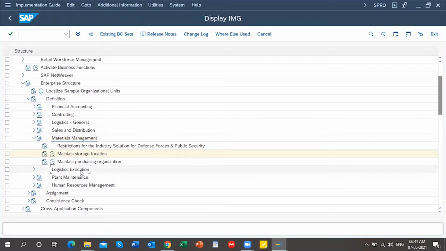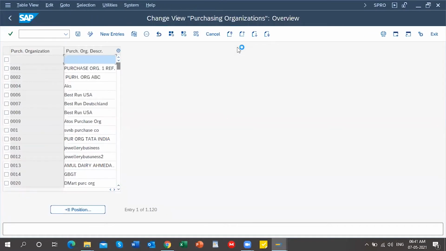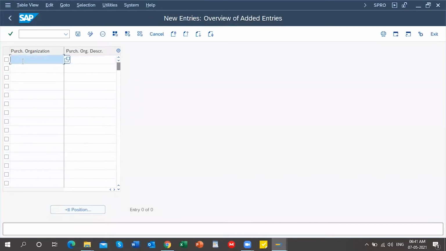First, I will create another purchasing organization. Just execute Maintain Purchasing Organization, click on New Entries.